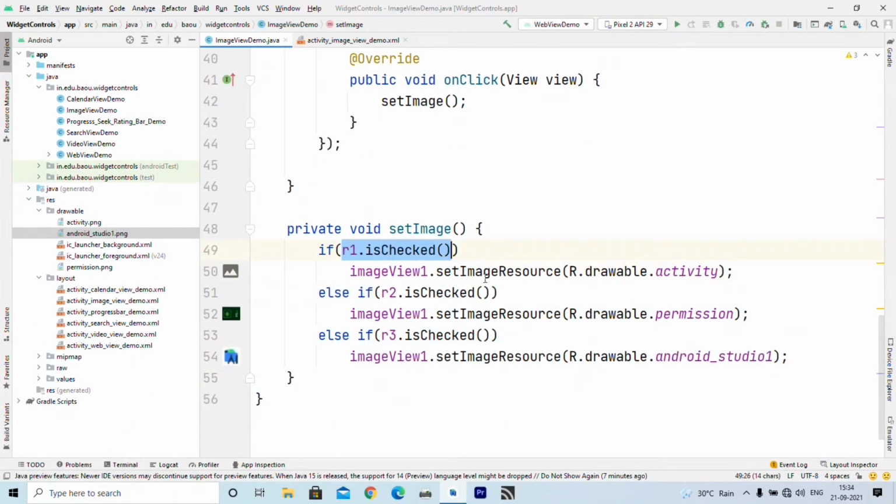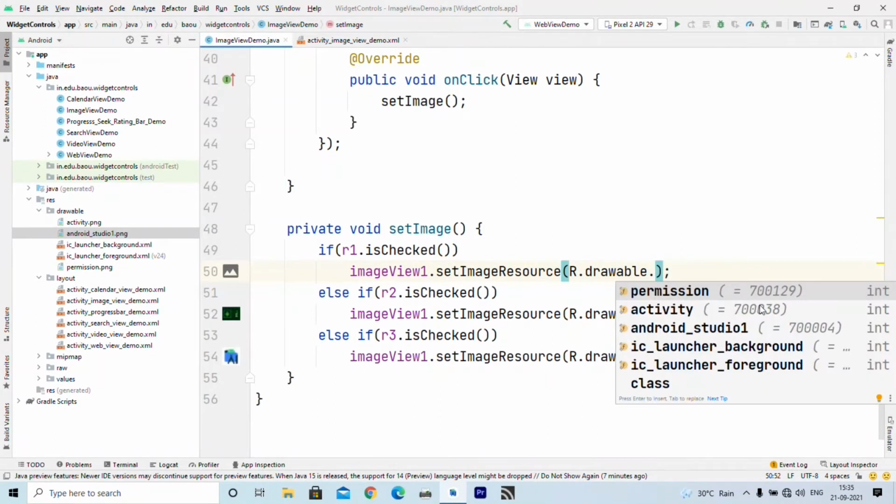What does it mean? It means if radio button 1 is selected, then we have to set an image from resource, and which image do we want to set? Activity, if radio button 1 is clicked. So I write imageView1.setImageResource, and then when you write R.drawable, all file names will appear here.